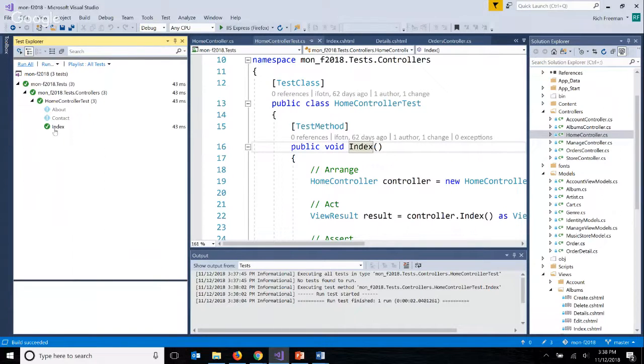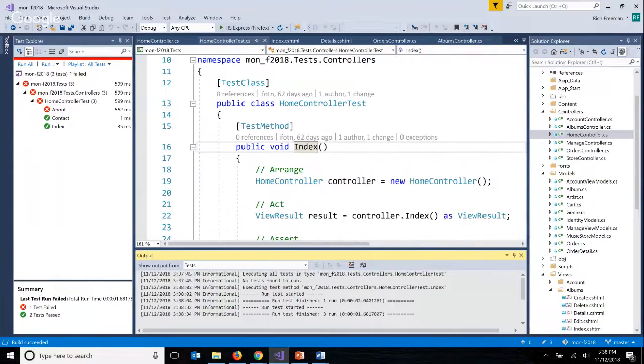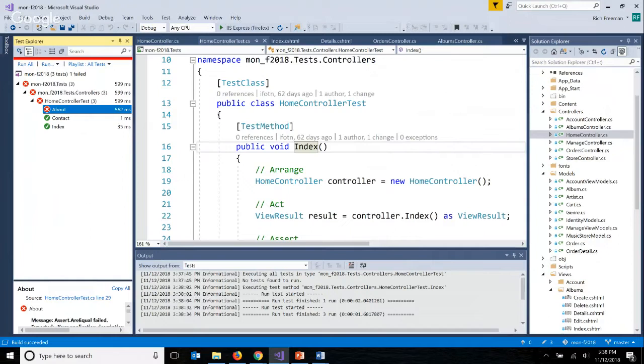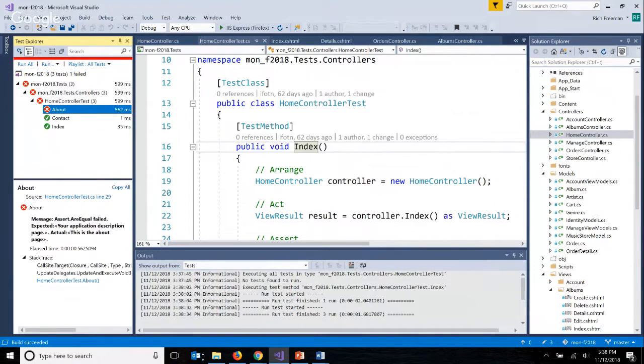For all the unit tests, I can just click Run All. Okay, so my index and contact tests passed. If I want to see the error here, my about unit test failed